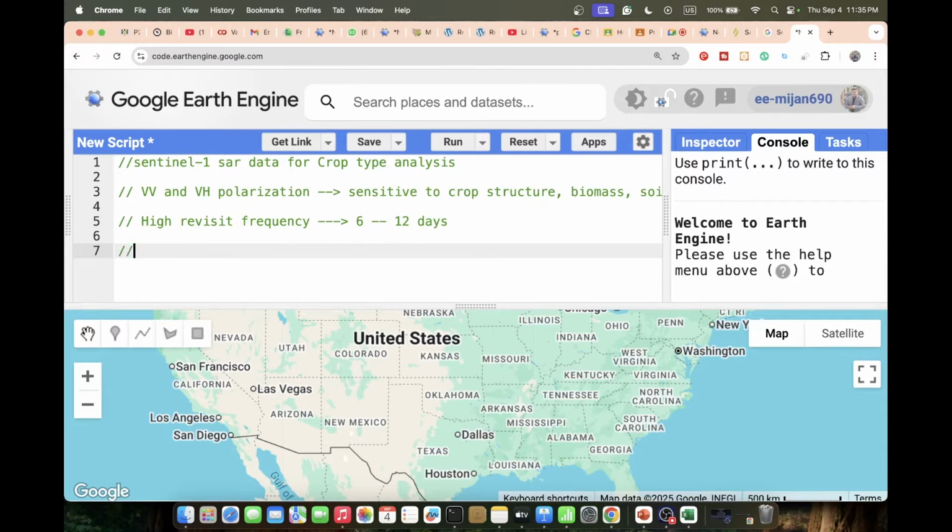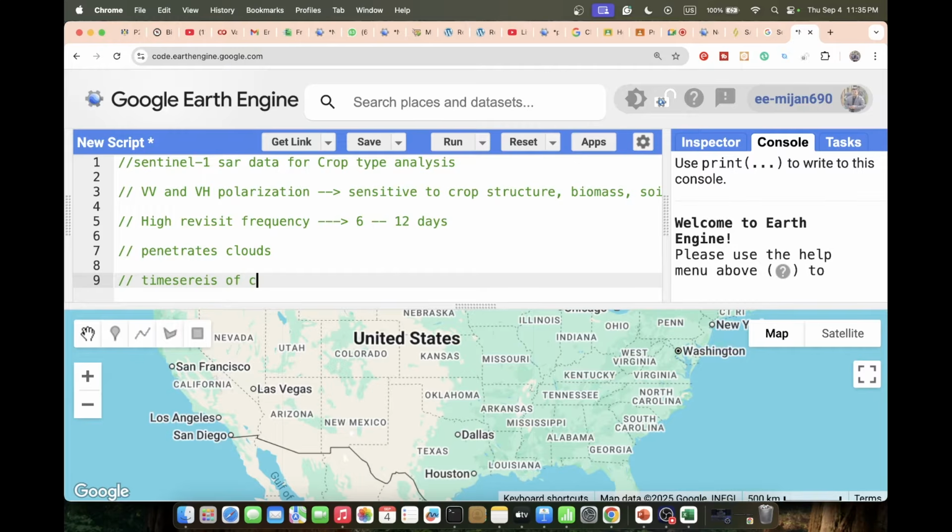Another very powerful thing is that it penetrates clouds. This is the best benefit of using Sentinel-1 SAR data. Ideal for monsoon or cloudy regions, you can easily use it. We can also use it to make time series